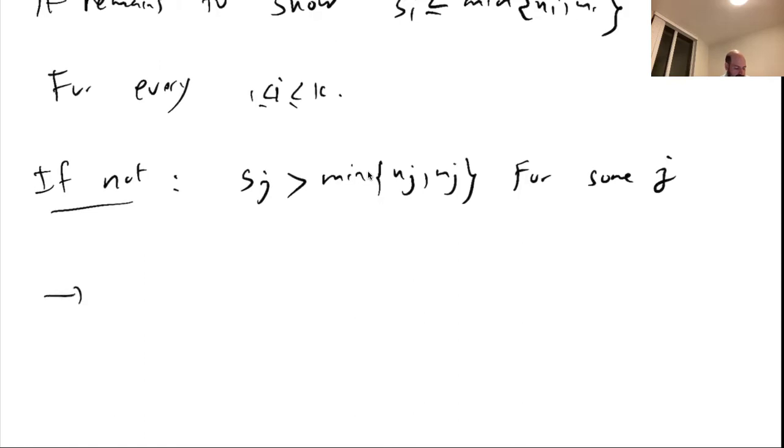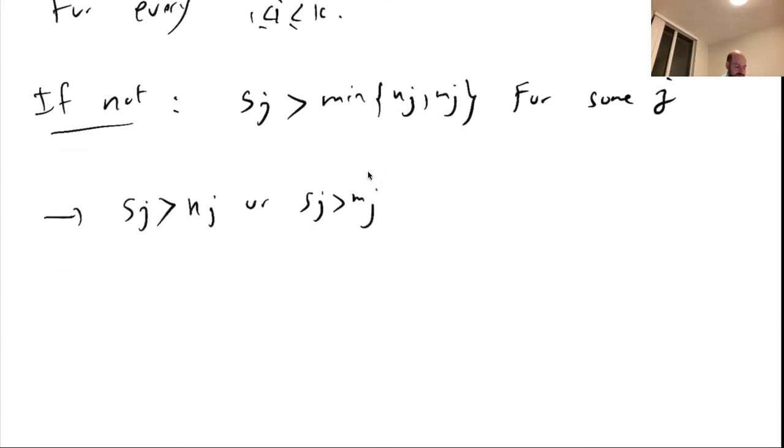So what does that mean? That means Sj is bigger than Nj or Sj is bigger than Mj. Right? If a number is bigger than the minimum of two numbers, it's bigger than at least one of them. So if Sj is bigger than Nj, then I can say that D2, which is P1 to power S1 up to Pj to power Sj, up to Pk to power Sk,